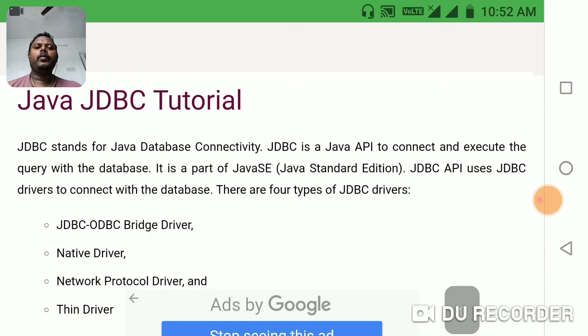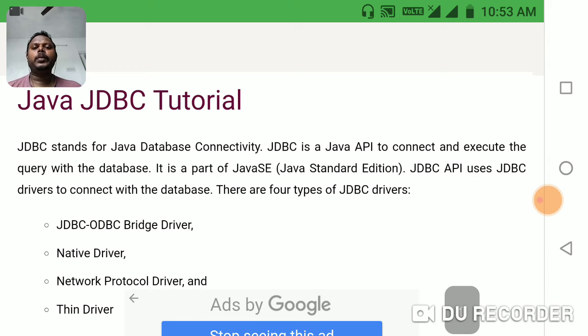The client gives a request to the server, and the server searches in the database, which may be inside the server, or it may be geographically in a different place. So it can search the data and fetch the data, and it gives the response back to the client. This is the process that runs between the client and the server while fetching data.